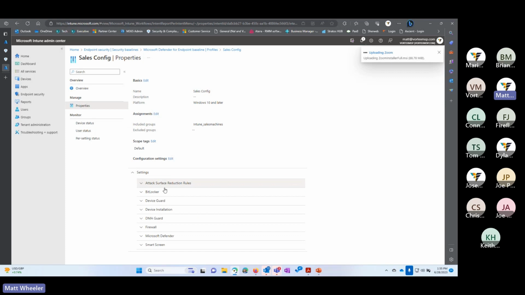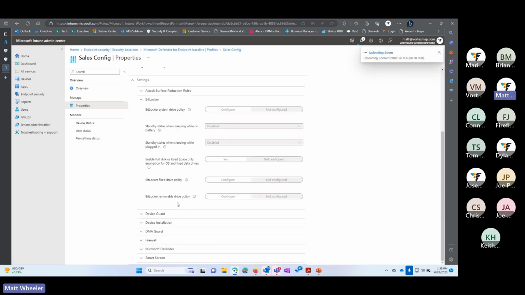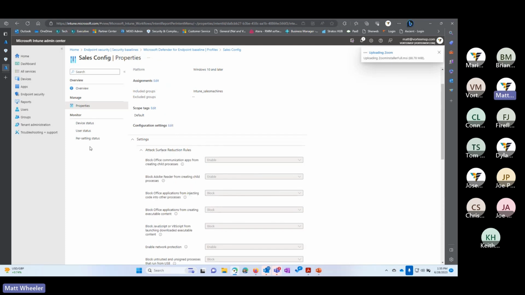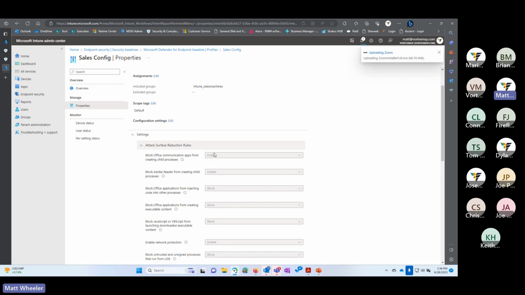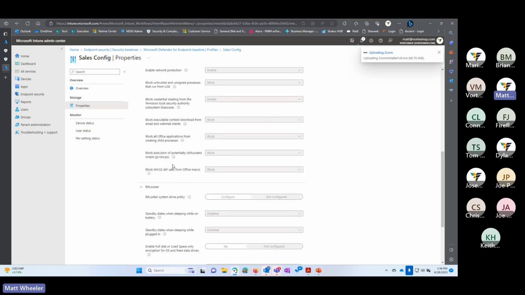You can see in that baseline, it's things like enabling BitLocker to make sure that your hard drive is encrypted, and enabling all of the attack surface reduction rules so that you know that you're even more secure.